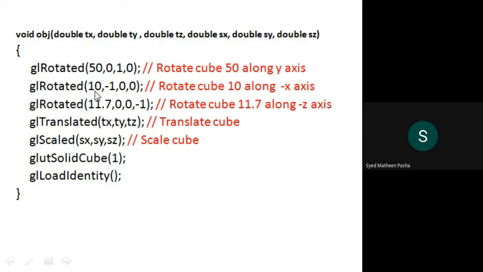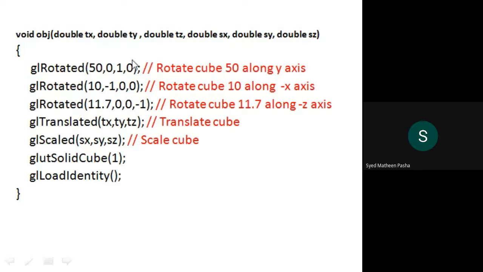I should rotate the cube with respect to a 10 angle. In which axis? X axis. But there is a negation sign here which represents the opposite side of the X axis. Then I should rotate the particular cube with respect to the Z axis, that is minus Z axis.